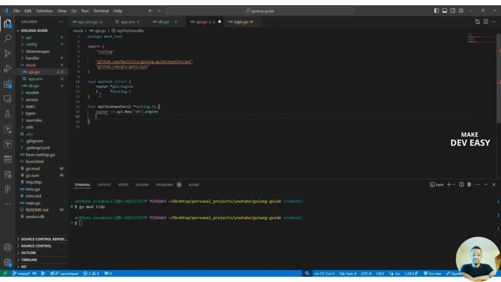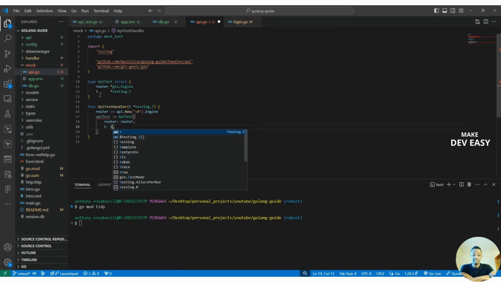And now I can say new, maybe API tests would now be of course API tests like this. And now we just need to pass router, be router, and of course T will be T like this. And now what I can now do more or less is to start writing the tests